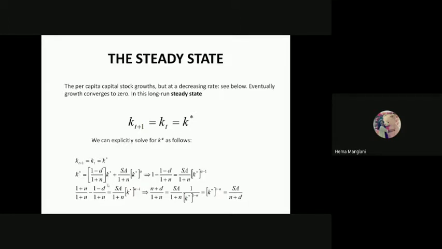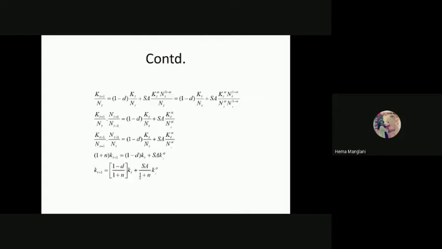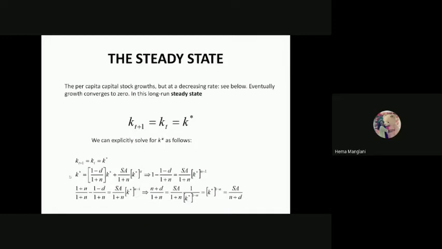This itself depends upon this K star, because the depreciation occurs because of the capital you have utilized, and parallelly you are utilizing your labor supply, plus some saving, and some technology has been induced, divided by 1 plus n, and itself it is a function of this K star. So this is the same thing, only the T has been replaced with the star, because we are talking about steady state capital. So this capital accumulation has now been converted into this. Now this can be rewritten like this. It means if I shift it to this side.